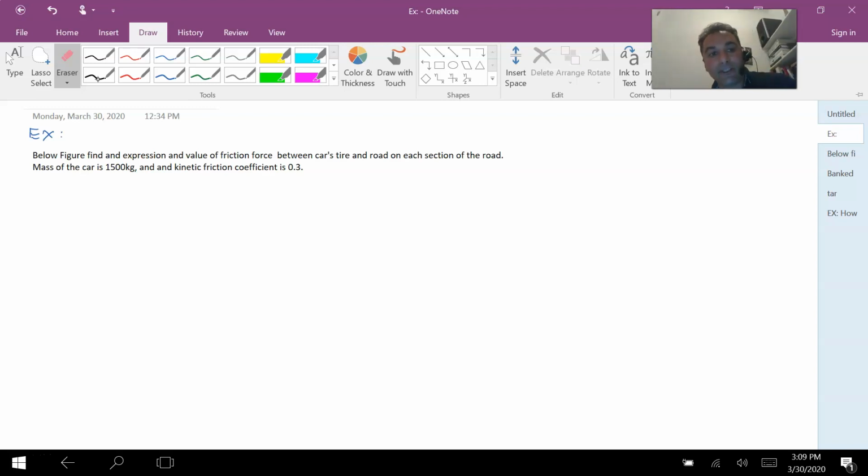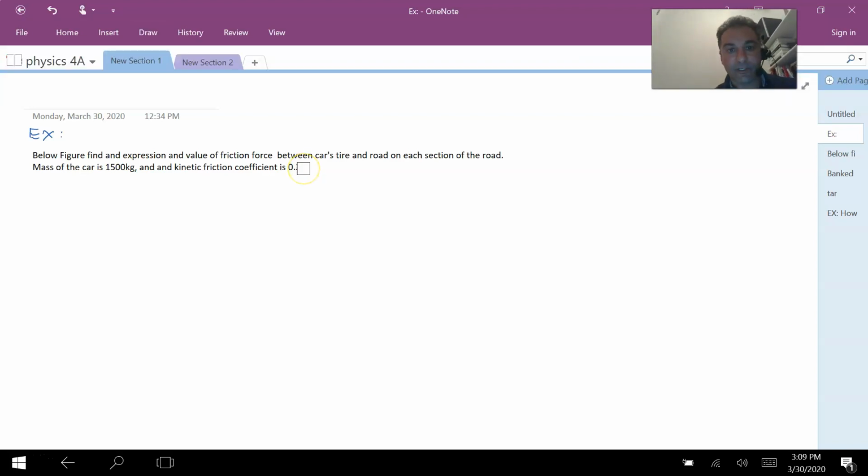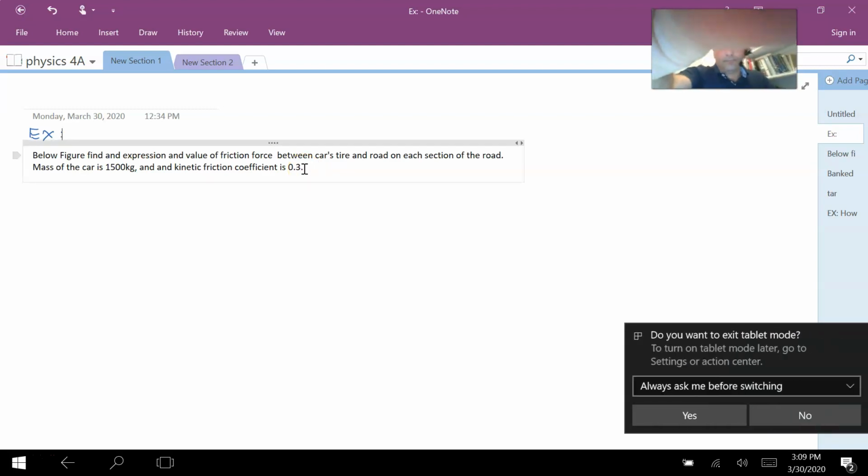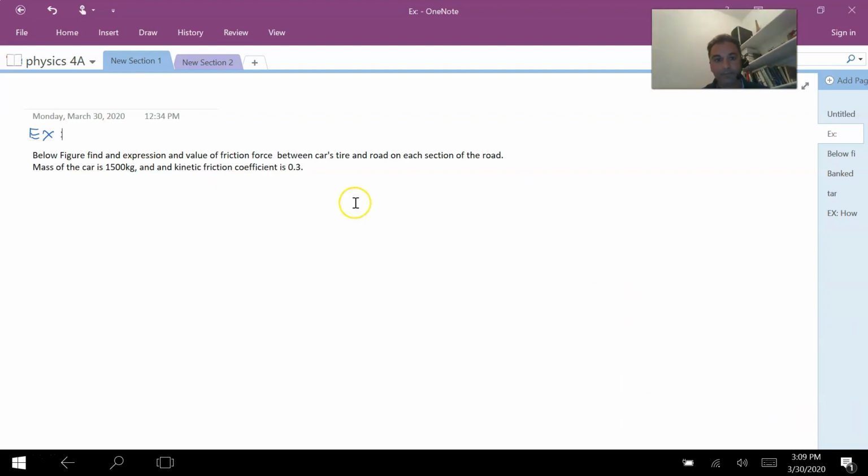Mass of the car is 1500 kilograms and kinetic friction coefficient is 0.3 and radius of the curve of the road, let's say, is 110 meters. Okay,